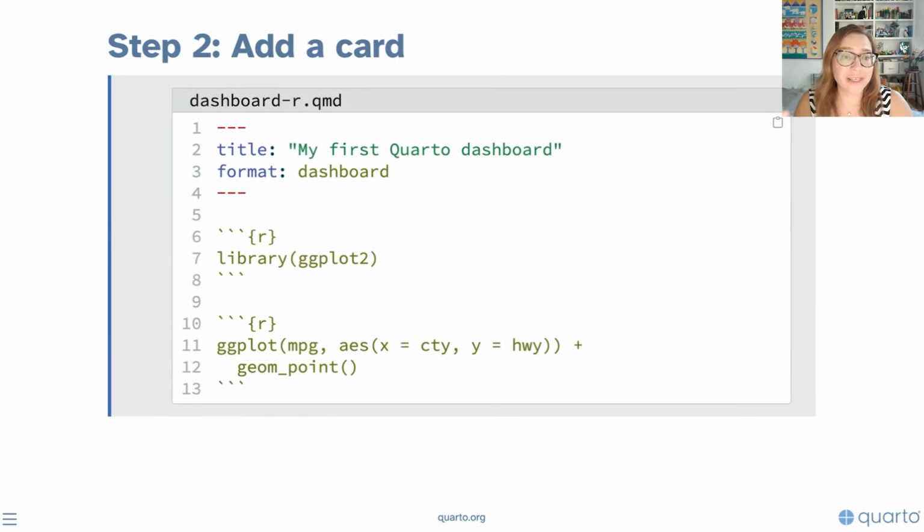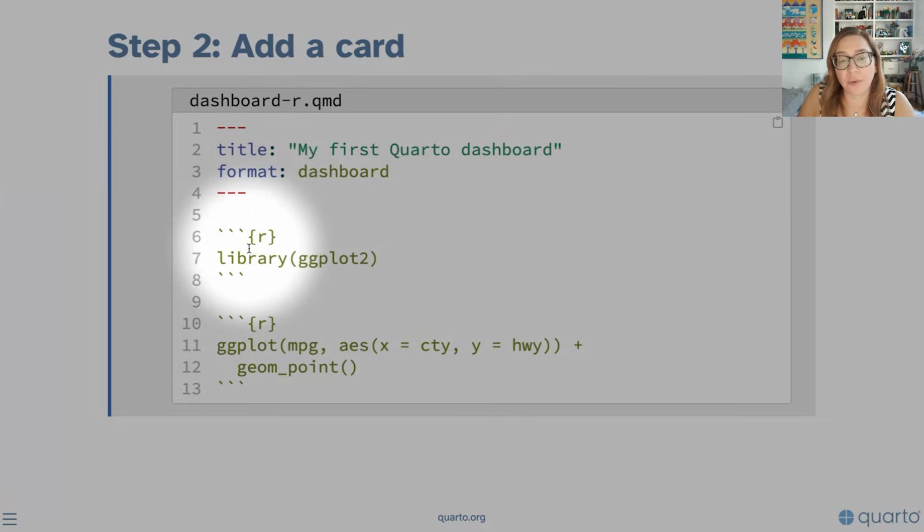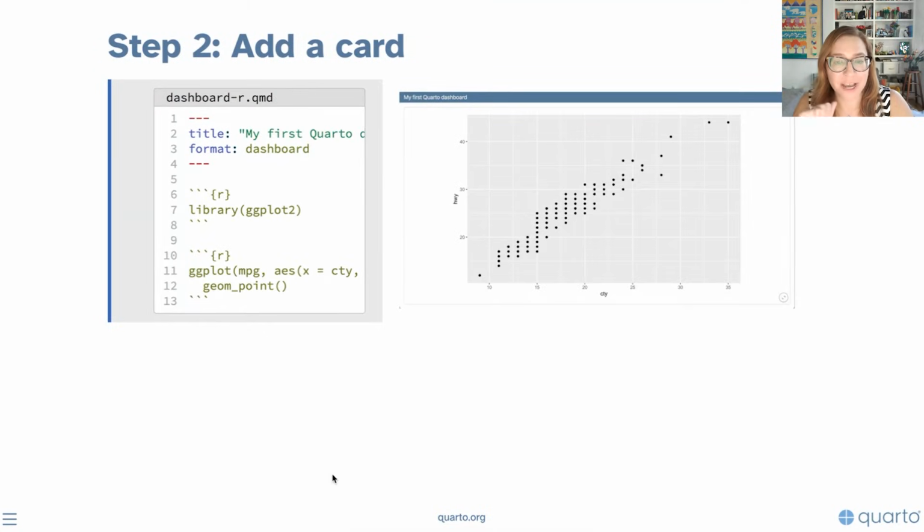Note that I actually haven't used the term card in my code anywhere. I have one code cell here where I'm loading the ggplot2 package, and then another code cell here where I'm making a pretty simple visualization, a scatter plot using the MPG dataset. If we render this as a dashboard, you will see that on the output, the code is not visible.